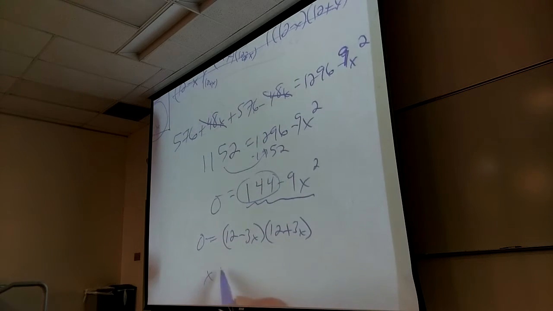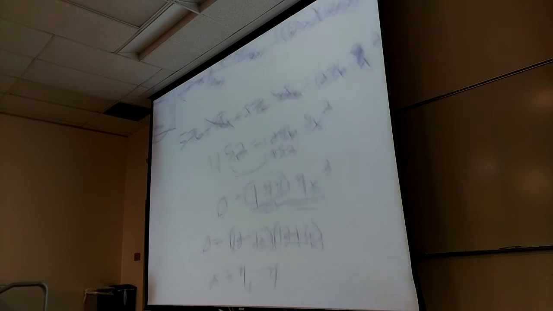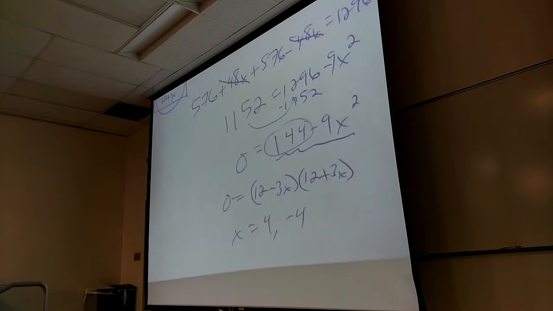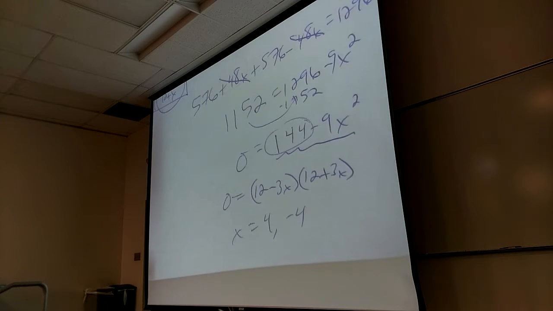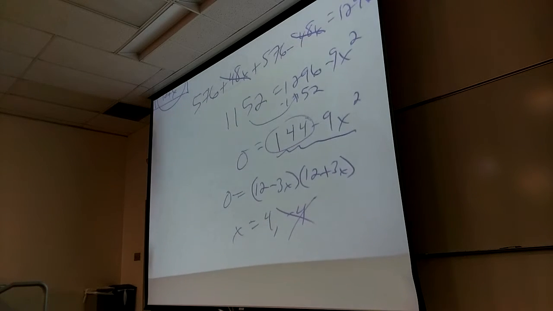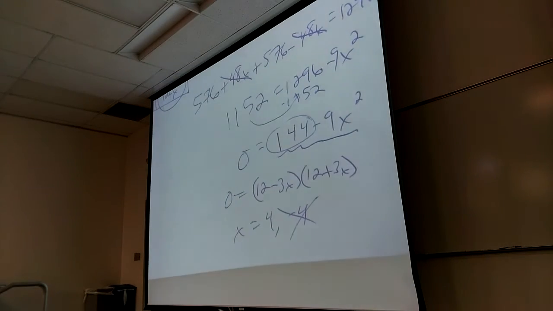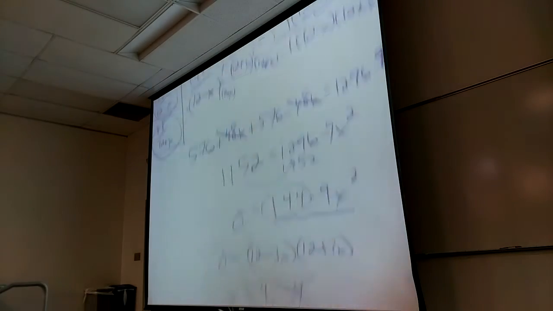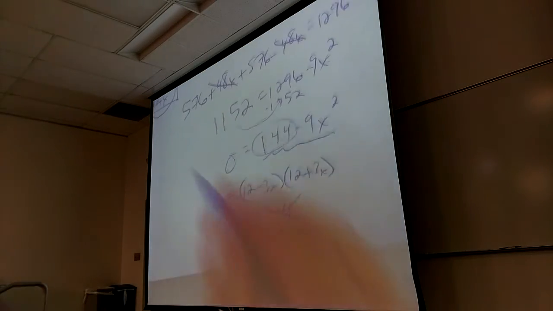So we got x equals 4 or negative 4. Are both of those answers okay? Considering x is the speed of the current. No, they're not both okay. I can't be going negative speed. I can go negative velocity because that has direction, but speed is pure how fast you go. If you're going negative 4, you're sucked into a different dimension or something. And I don't think that's a part of this problem. I don't know, Rick.